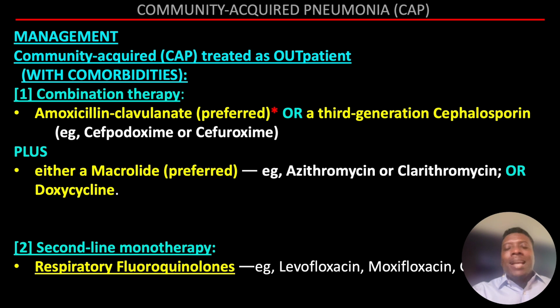the coverage. That has gram-positive, that has better gram-negative and beta-lactamase coverage as well, and also some anaerobic coverage to some extent as well. You can also use a respiratory fluoroquinolone as an alternative to the combination therapy if you want to just use one drug as opposed to using amoxicillin plus either macrolide or doxycycline for that atypical coverage